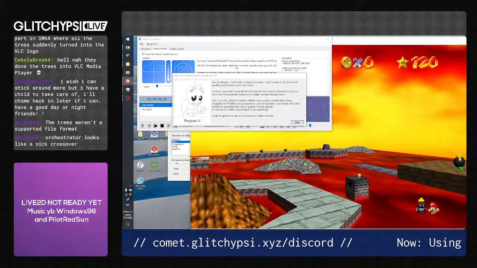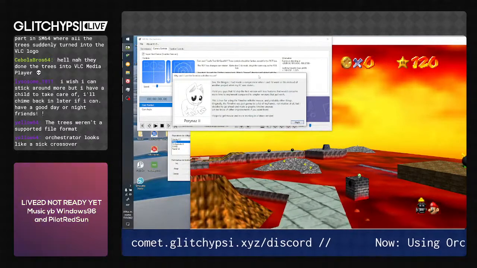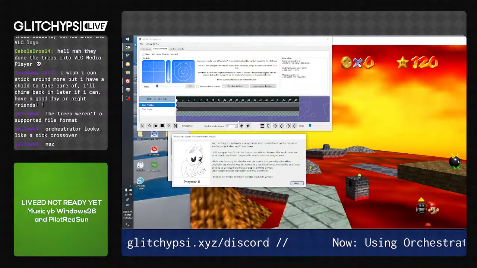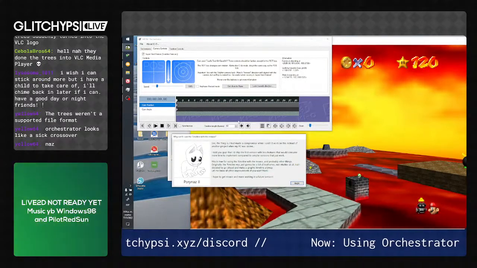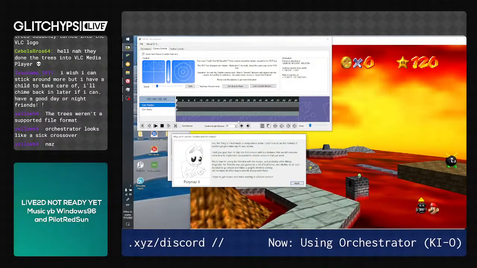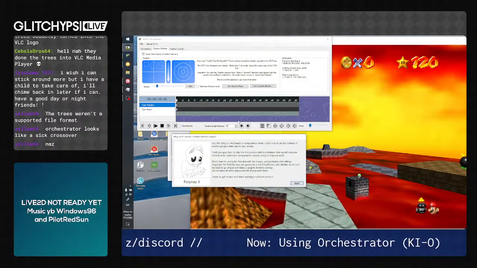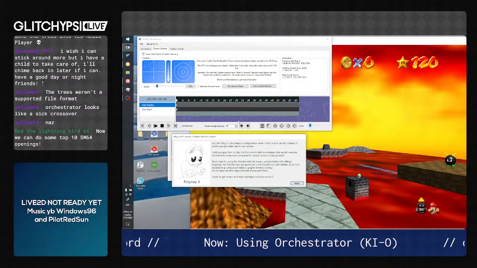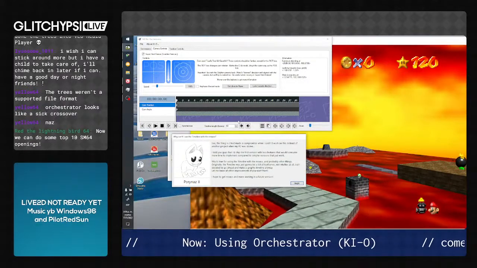Because making mouse support for a completely custom controller like this one is actually kind of hard, and the thing I wanted to do was get this running as fast as possible, but in a way that people could actually use it in a rather